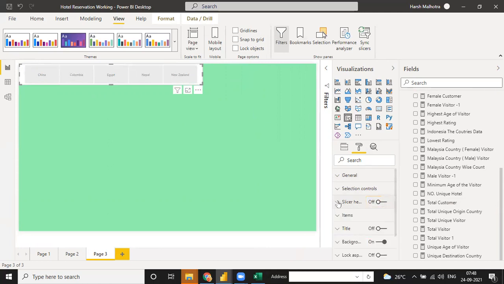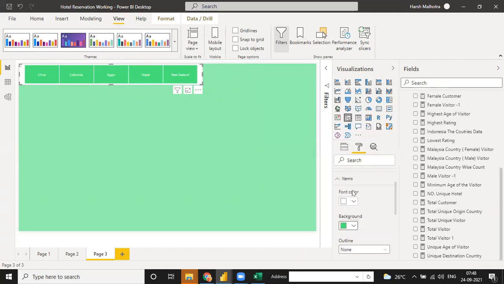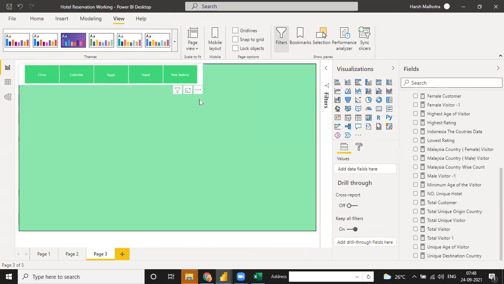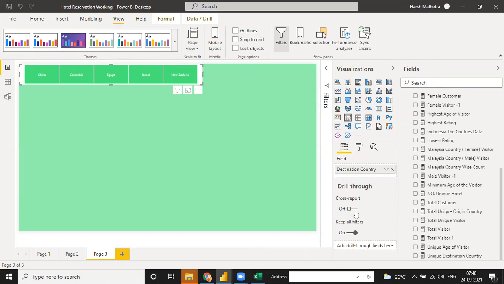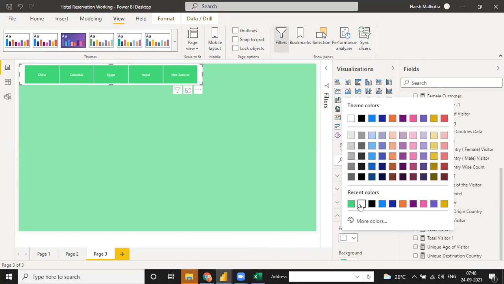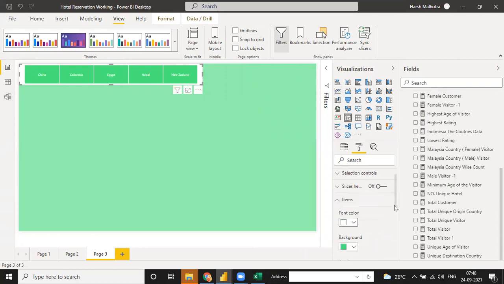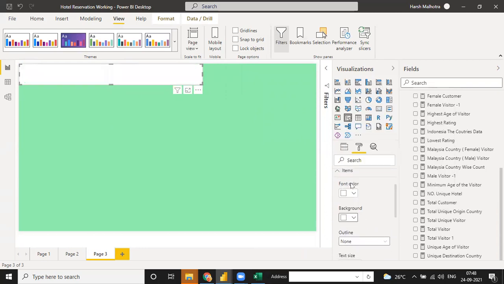I don't need the header, so header is off. Items we need in white color. Background, you need not this one. Item white. Background also white.